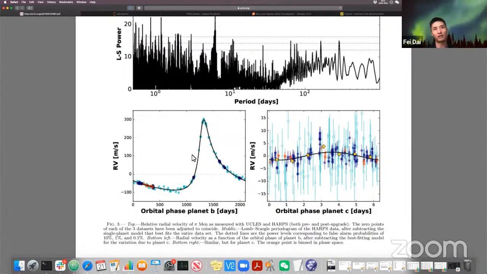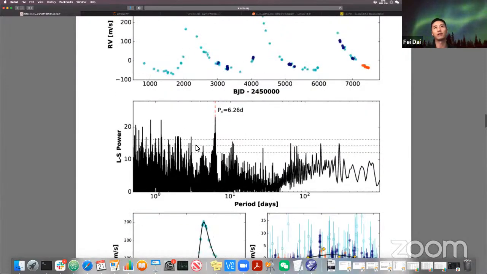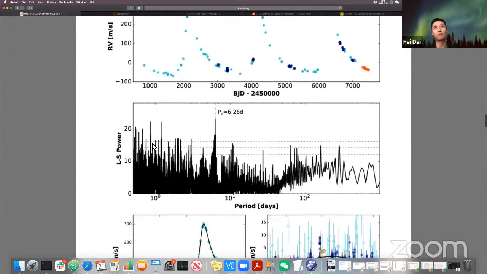But if the planet is eccentric, then this curvature will deviate from the sinusoidal shape and have a more peaky shape, as shown here. So this giant planet is known before the TESS mission. The new thing here is that if we take the so-called periodogram, which is, again, a method for searching for sinusoidal signals,